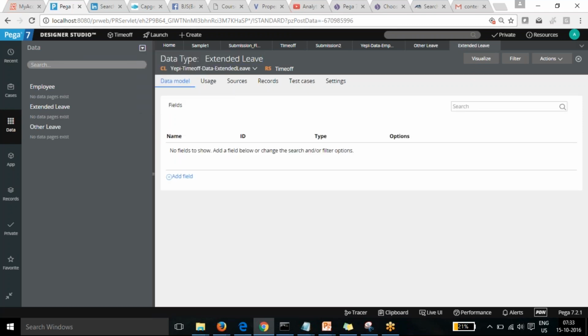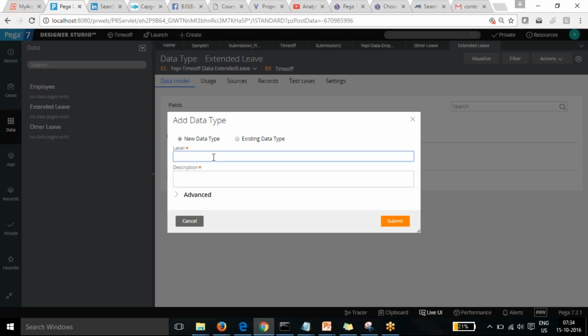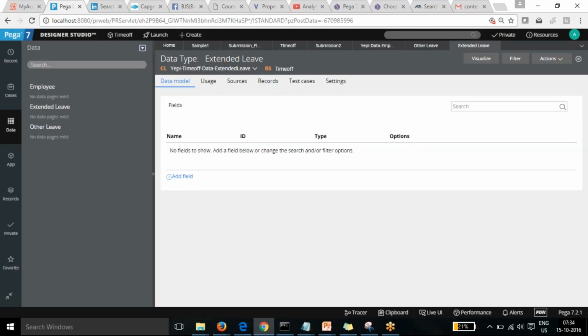So this one I'm not changing that. I'm going to create this one to the organization level itself, so later SA can change that. Okay, so this is just the PTO, PTO leave, and submit that. So it will be created into the organization level. And now I can add the fields the same way we did it for, so this is for extended leave.